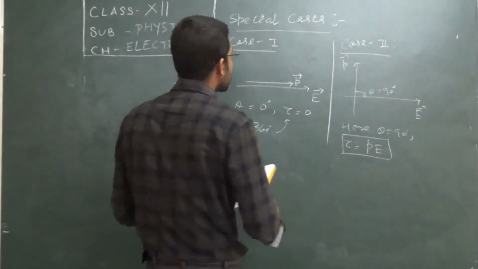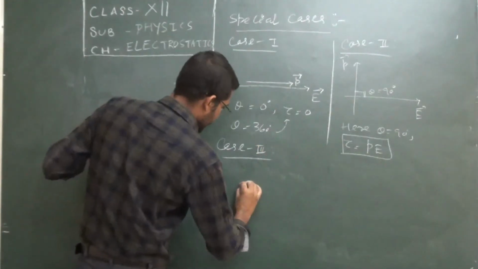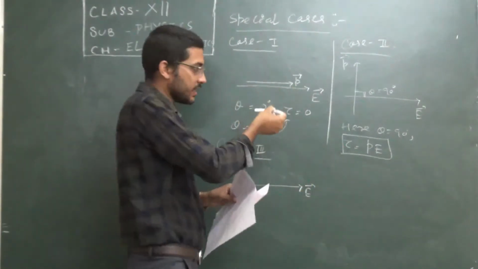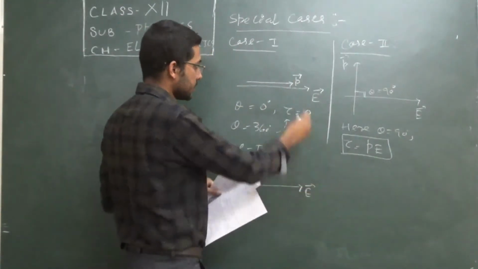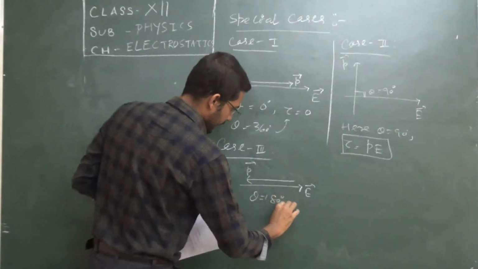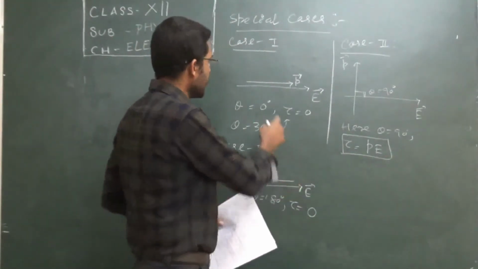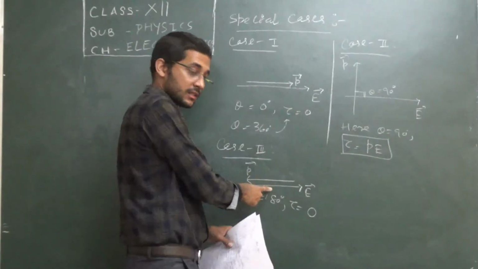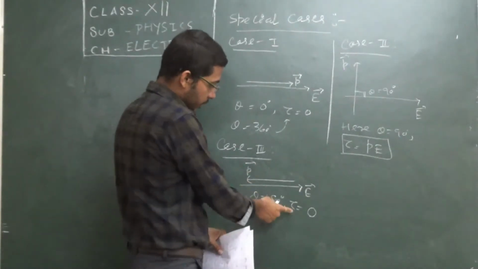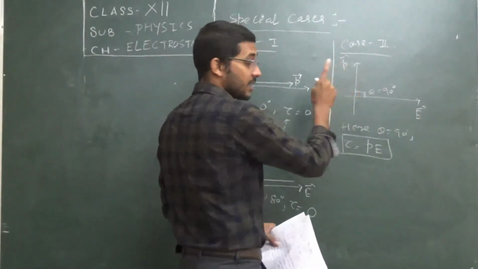Let us consider case 3. This is the electric field, and instead of placing the dipole parallel, now the electric dipole is placed in the anti-parallel direction. So the theta will be how much? 180 degrees. We know sin 180 is 0, so torque will be 0. So in this case and in the earlier case, when theta is 0 or 360 or theta is 180, the torque is found to be 0 and there will be no rotation of the electric dipole. But in case 2 there will be the maximum rotation.